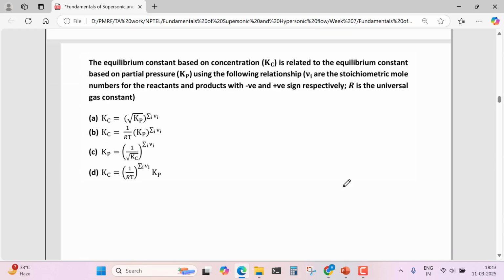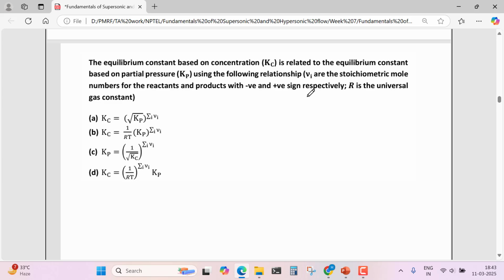Now we will see another question. This is based on equilibrium constant for chemical reactions. The equilibrium constant based on concentration, Kc, is related to the equilibrium constant based on partial pressure, Kp,